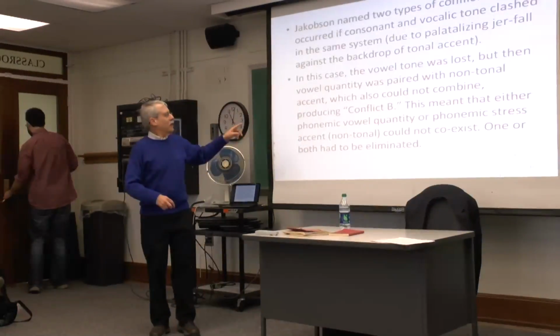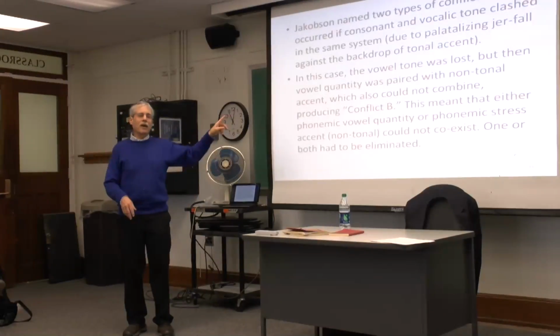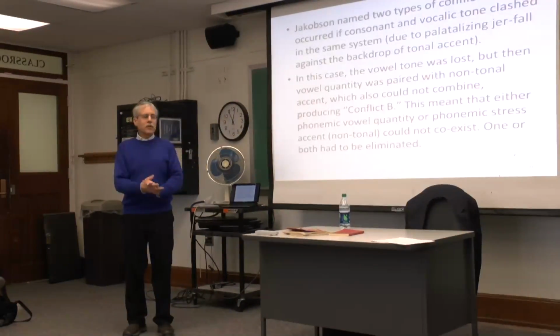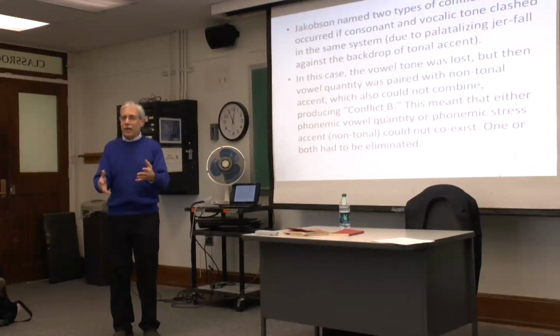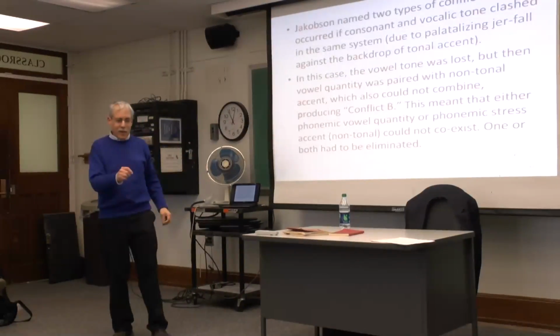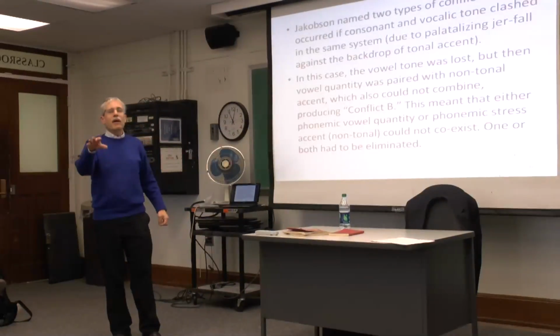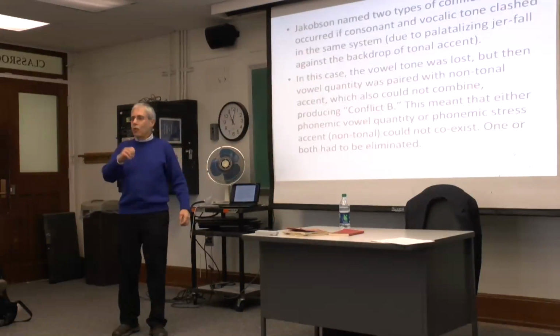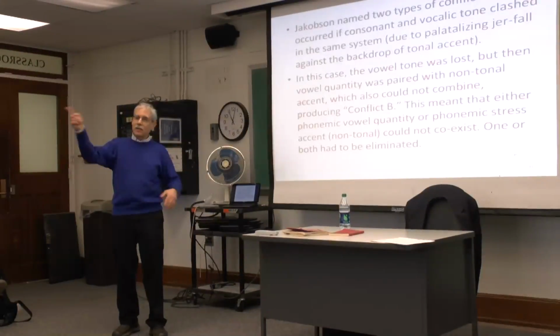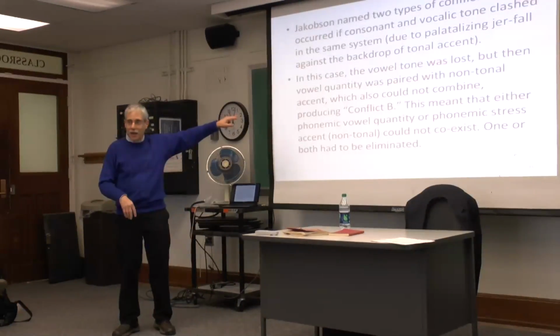If you compare Russian and Polish with these conflicts, or Czech, Russian, and Polish, notice what happens: in Old Polish and Czech and Slovak, you had quantity, but the accent became fixed. That's why all over West Slavic, the accent is in a particular place. You have first syllable accent in Czech and Slovak. So in Polish, you have next to last, the penultimate accent on the next to last syllable. But in Russian, it's the opposite, East Slavic in general. You have no quantity, no long and short syllables, but the accent is free to be on any syllable. So that's where Jakobson got this.